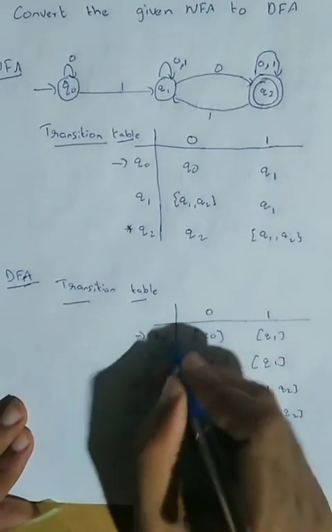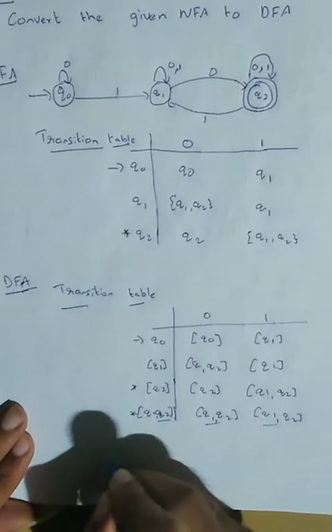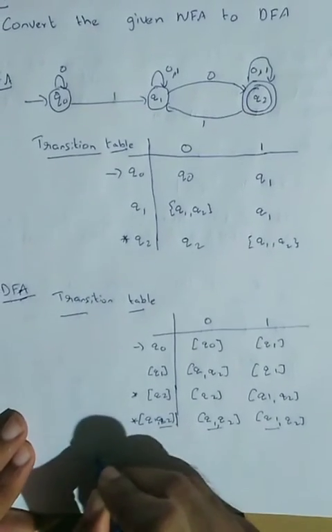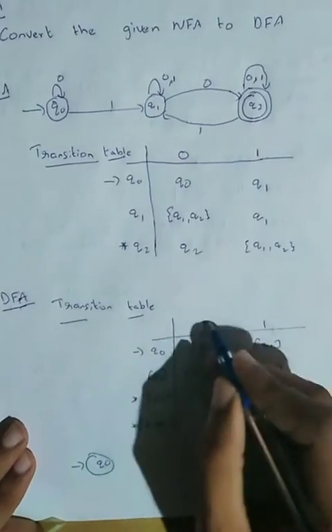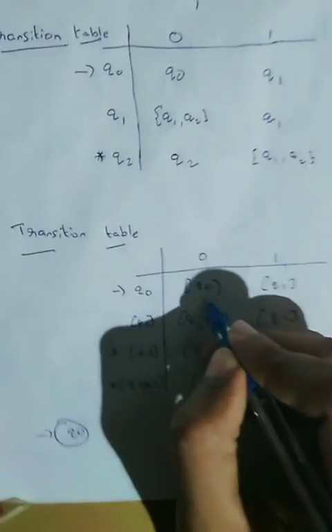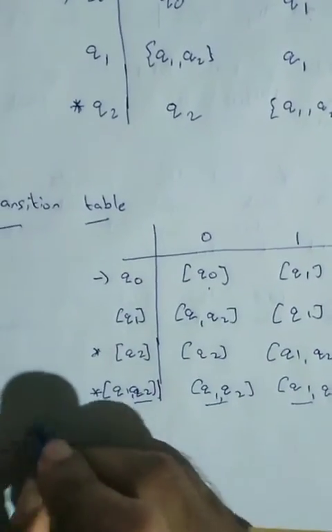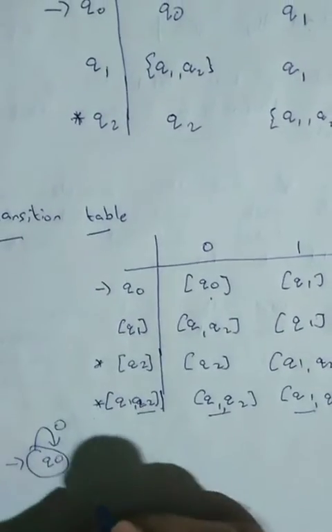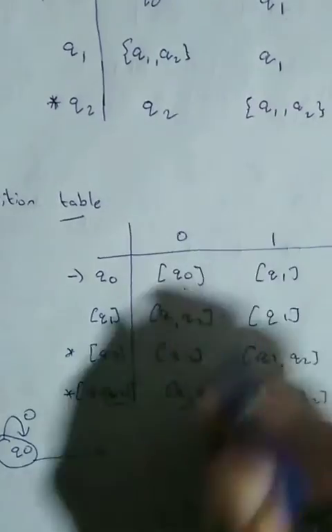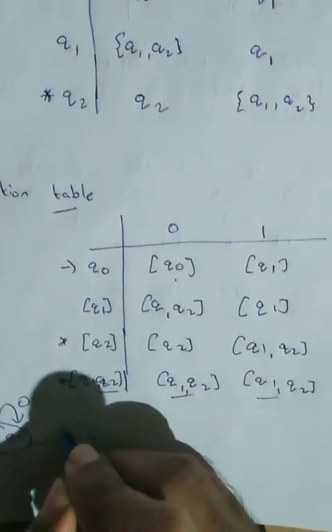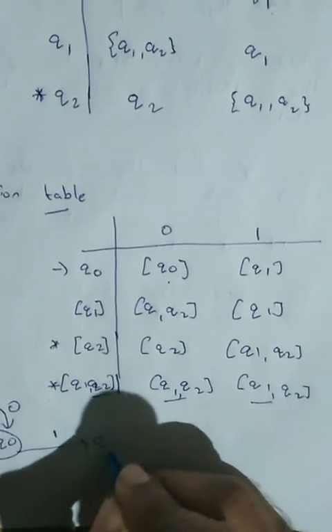We got q0 as the starting state; with input 0 it comes again to q0, so it is a self loop. Now with the input 1, it goes to q1,